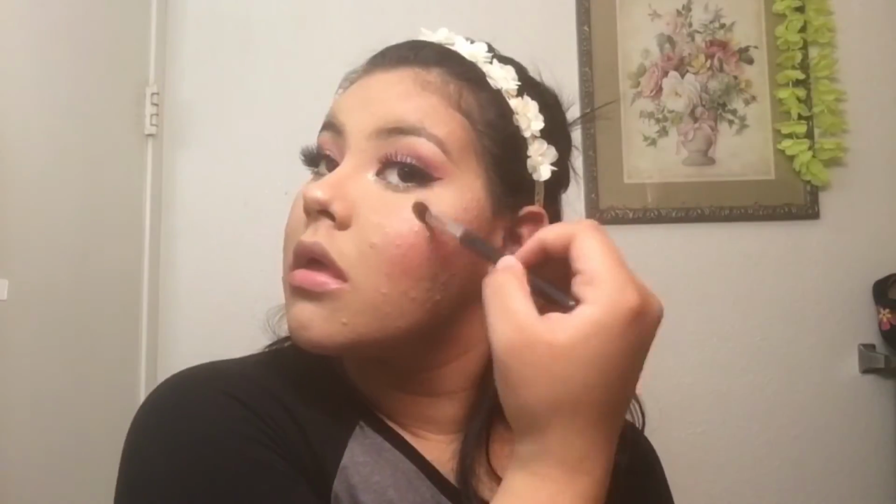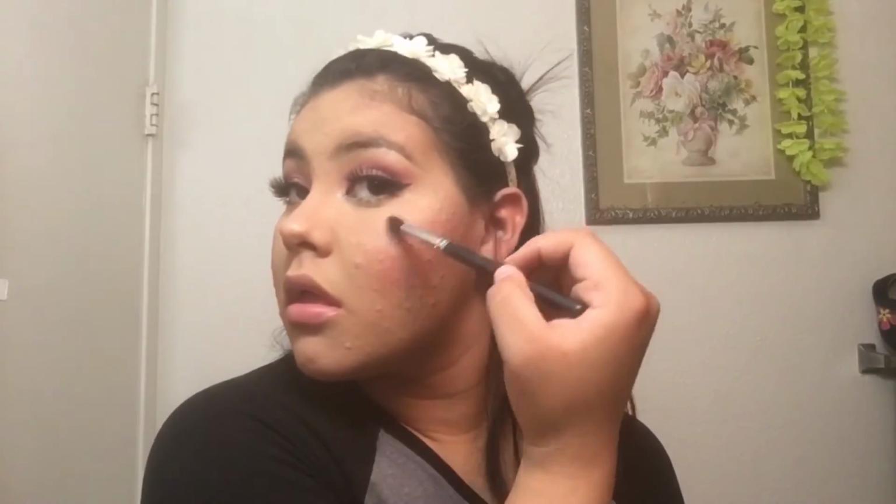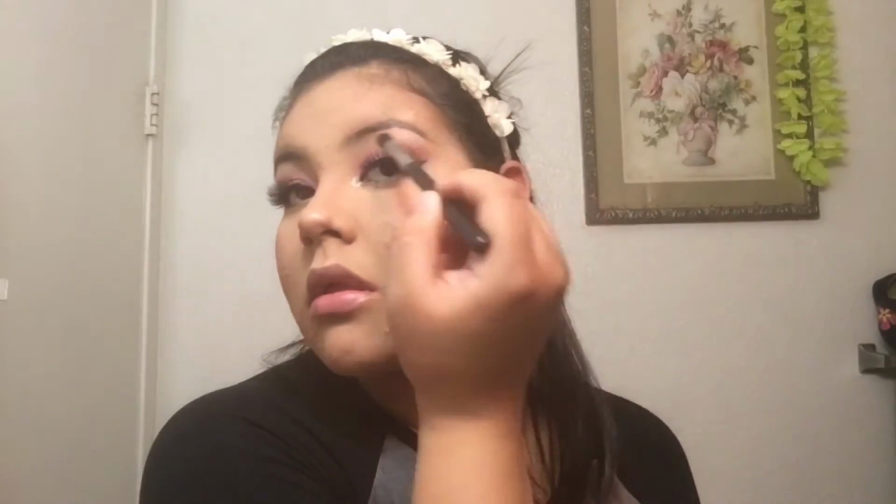okay, so I contoured my nose a little bit, and then I blended it all out with a bigger blending brush, and I applied Champagne Pop, of course. I went in with a fan brush and I dampened it a little bit, but I didn't like how it looked. So I'm just taking a clean blending brush that I had, that I didn't use on my eyes, to kind of just apply the highlighter instead of with the fan brush, and then I go in with my fingers to blend it out a little bit more